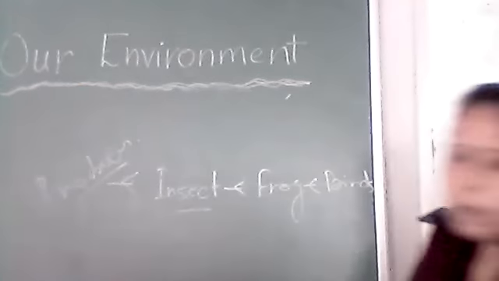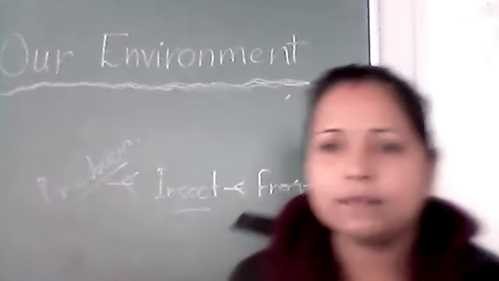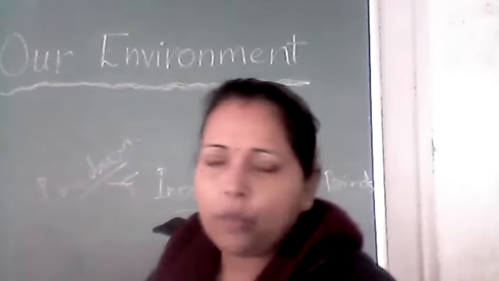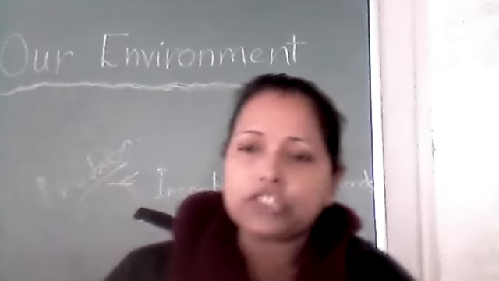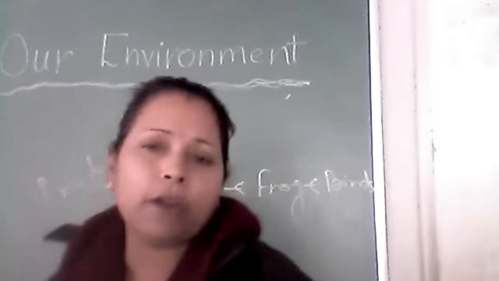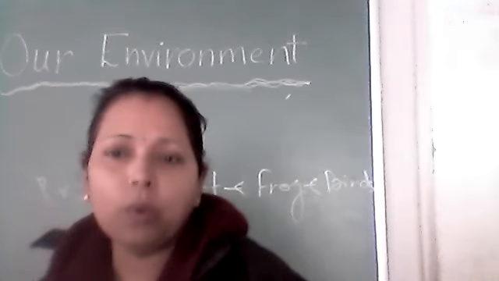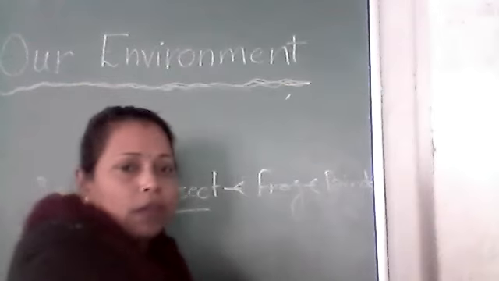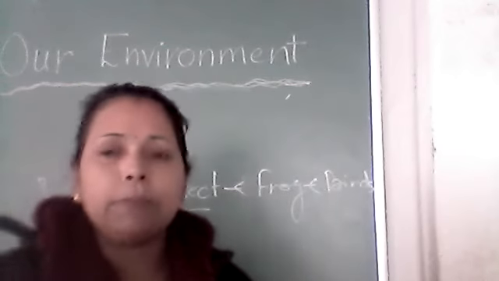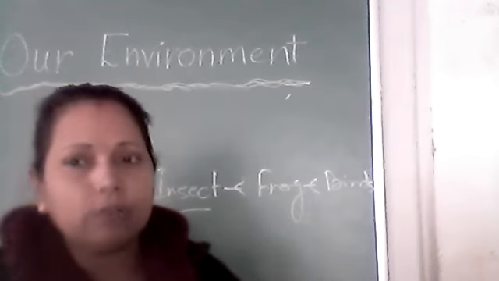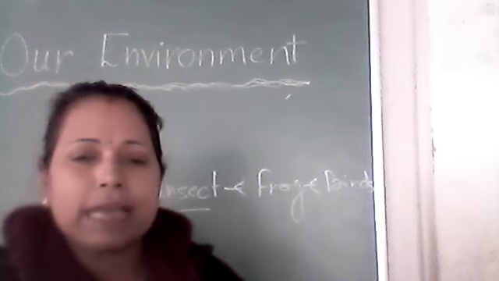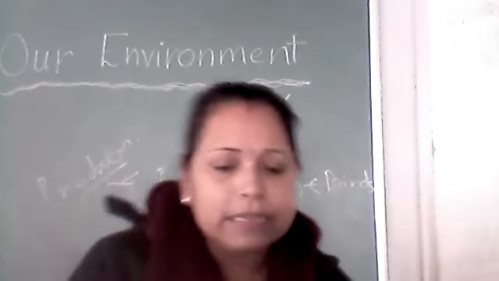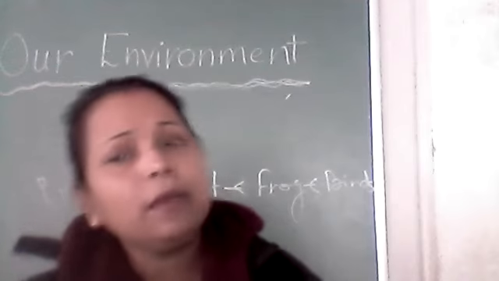Ma'am, because the number of them is in the higher trophic level. Yes, because bird is consuming a number of frogs. When we are talking about the accumulation of toxic substance, in the bird's body the accumulation will be more. Okay, so it is going to affect the birds more. That's why whenever we talk about toxic substance accumulation, we notice that those who are called top carnivores, in their body the accumulation will be more.